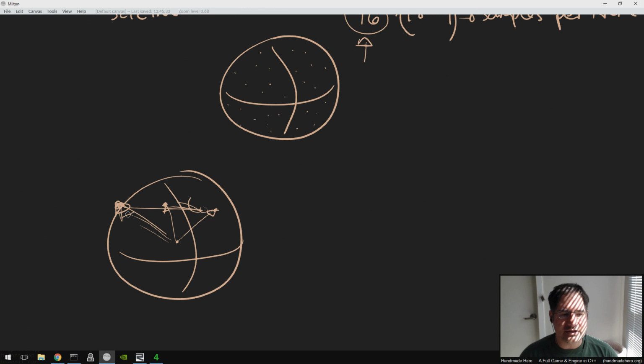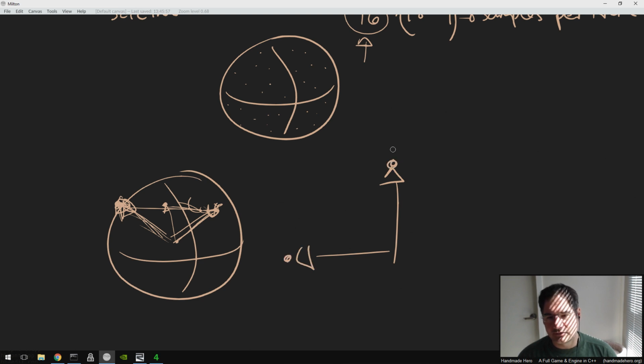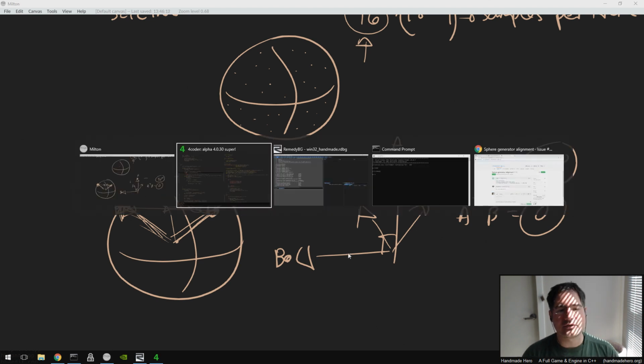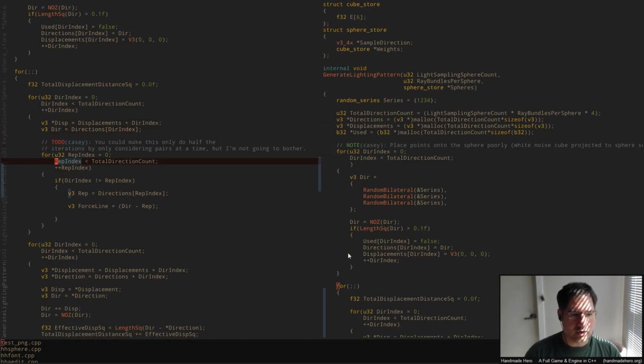If I already know that I've got two normals, the repulsor is already a normal and the direction is already a normal, I can just take the standard dot product of them. So I've got A and B. If I take the dot product of A and B, I know that it equals 0 precisely at 90 degrees. As I go behind it, it becomes negative. As I'm in front of it, it becomes positive. So I can do a quick clip in here where I say,